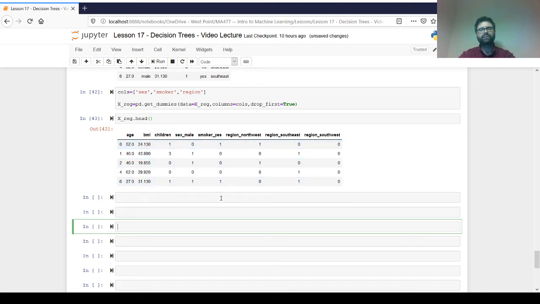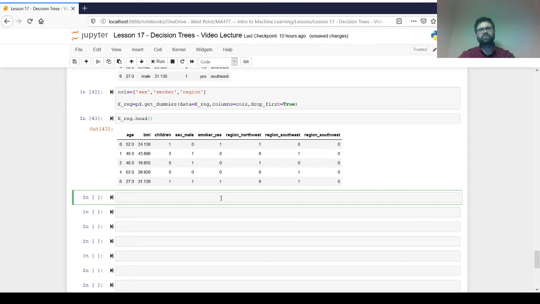Awesome. So what we will do next is, just as we did before, we're going to fit a regression tree, and then we're going to visualize the tree. And then we'll talk a little bit about how the regression tree is grown and how predictions are made. So these are the only two small differences between the classification tree and the regression tree. Okay. So without further ado, let's go ahead and import